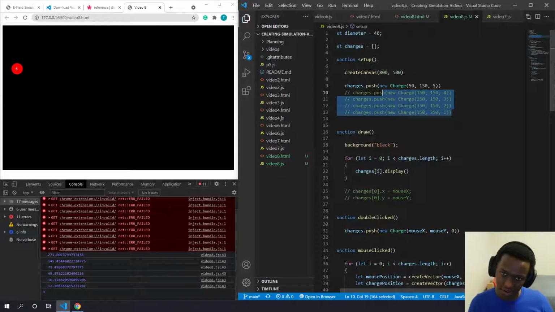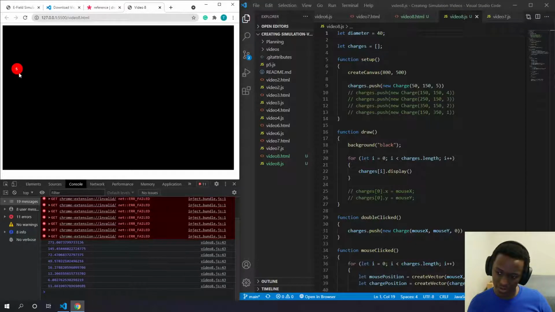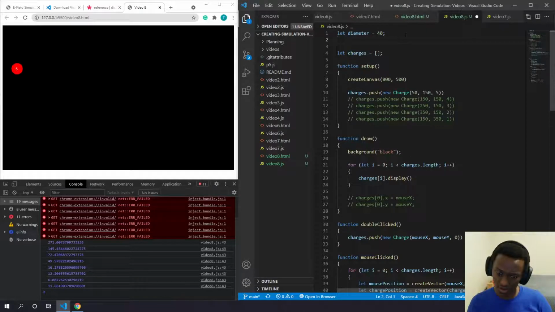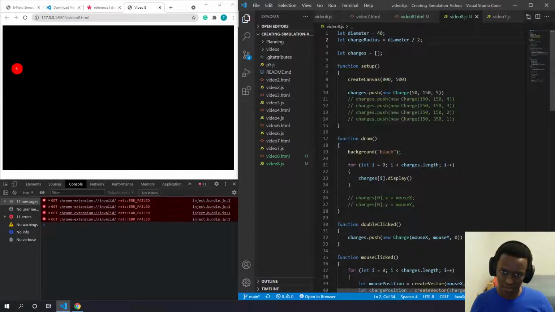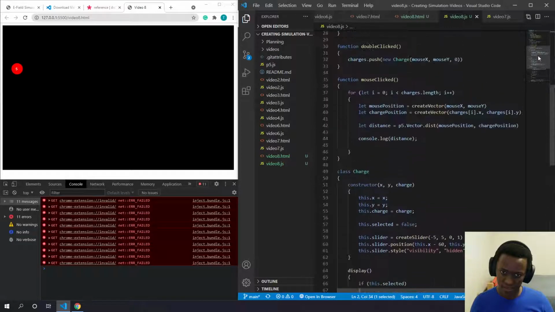And I had this variable up here called diameter. So I need to be a radius away from it in order to collide with it. So I might make a new variable called charge radius. I'll set that equal to diameter divided by 2. That way if I ever change the diameter, then the radius would also just change with it. Okay, so now